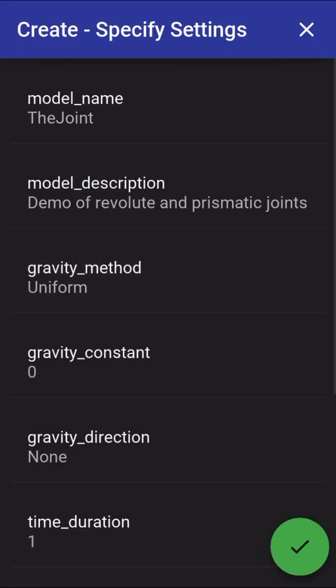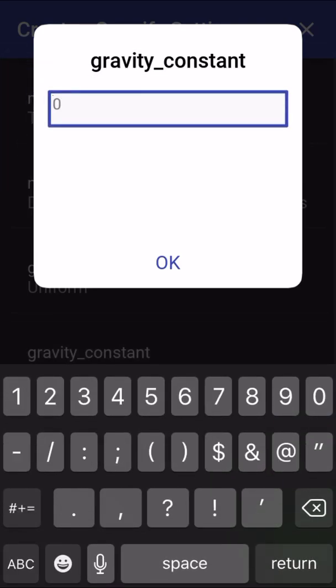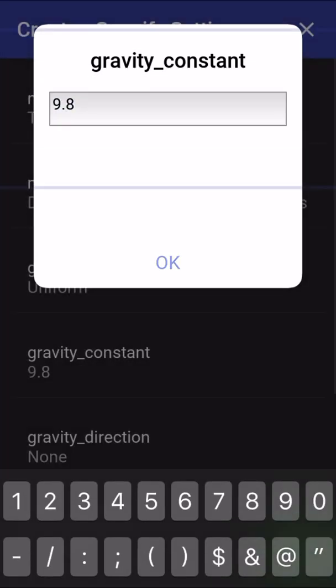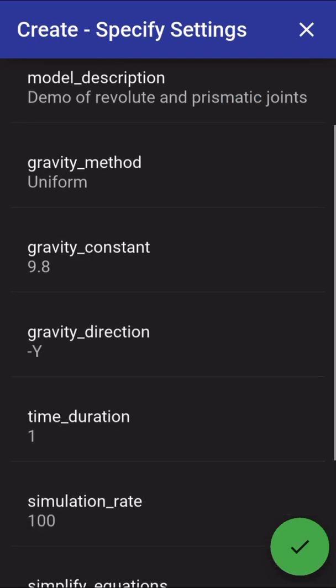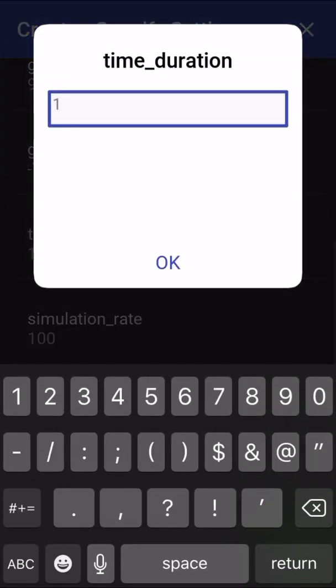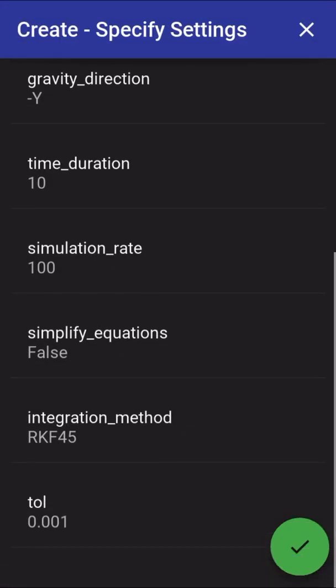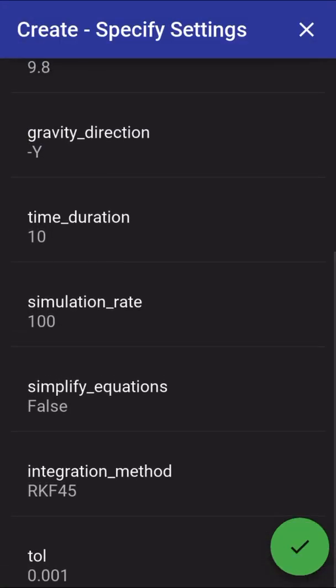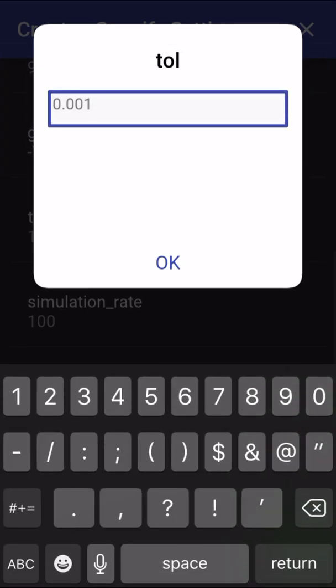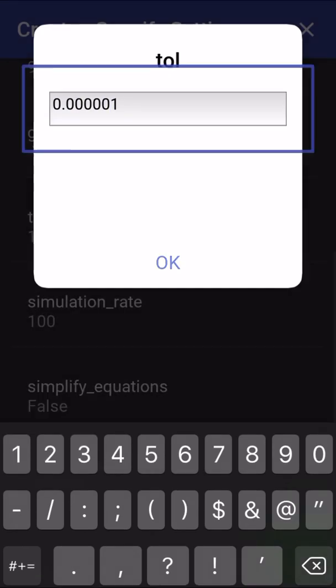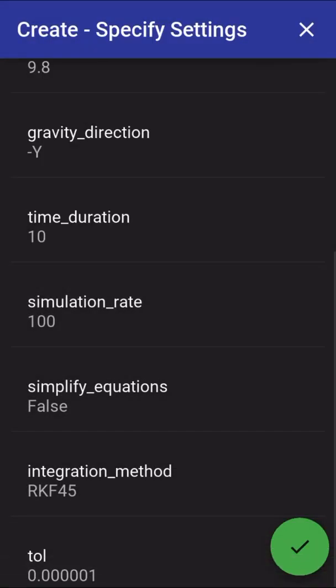So we'll give it uniform gravity with a gravitational constant of 9.8. So SI units on Earth. Gravity direction minus y. Time duration 10 seconds. And the remaining settings, we'll just leave them at their defaults. Actually, what we will do is we'll set our simulation tolerance quite a bit smaller, 1e minus 6. This is a fairly simple model, so we'll give it a pretty small tolerance, and it should